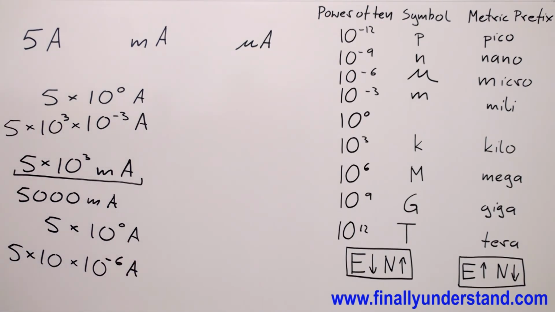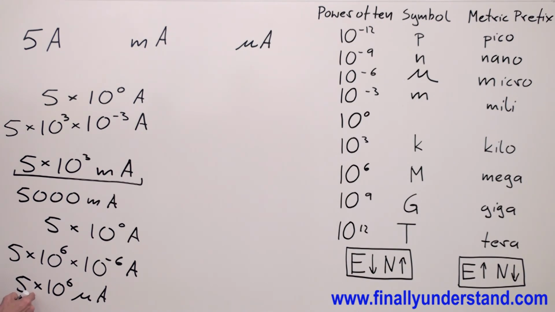Next, I'm supposed to ask myself the question, what number am I supposed to write over here so that this number added to this one is going to give me 0? This number is 6. 6 plus negative 6 gives me 0. So my answer is going to be 5 times 10 to the 6, and this is my prefix, so this is microamps. Again, this power of 10, 10 to the 6, represents the number of zeros which I'm supposed to write